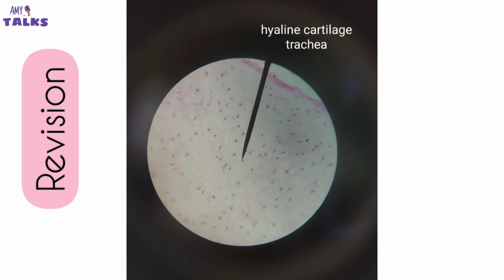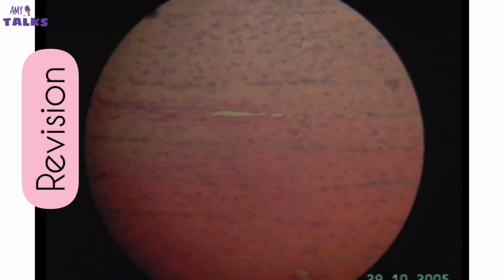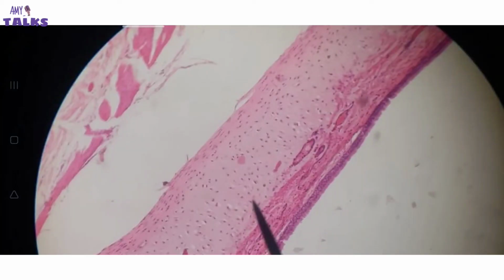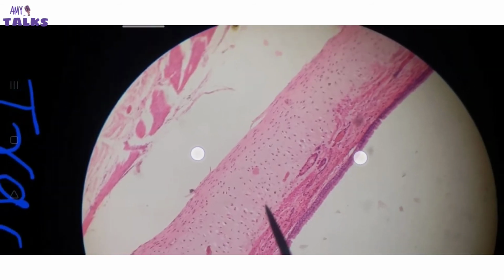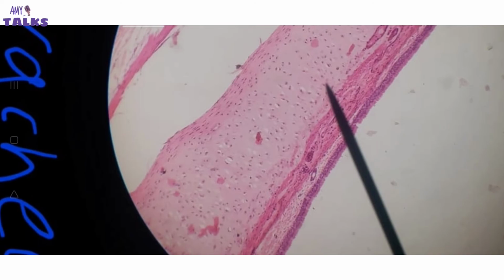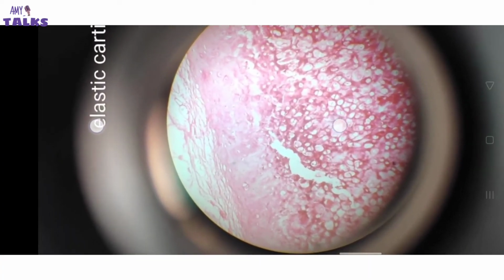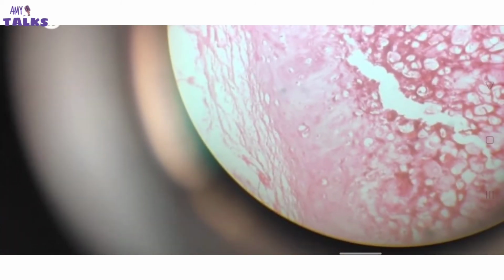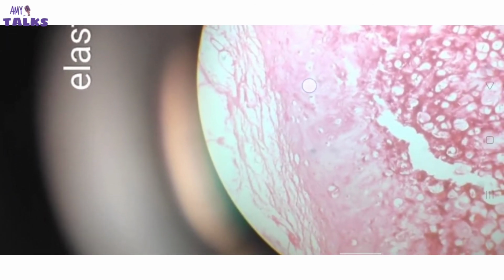Revise all of them again. So first is the hyaline cartilage, second is the elastic cartilage, and third is the fibrocartilage. So what would be our identification point? Identification point would be first chondrocytes. We have to see if chondrocytes are there or not. If chondrocytes are there, it could be either hyaline cartilage or elastic cartilage. For hyaline cartilage, we have to see that the matrix or the substance between the cell is smooth or not. If it is smooth, then it is the hyaline cartilage, and if the substance between the cell is kind of rough and dark in appearance, then it is elastic cartilage. It is irregular and kind of dark because of elastic fibers in matrix.